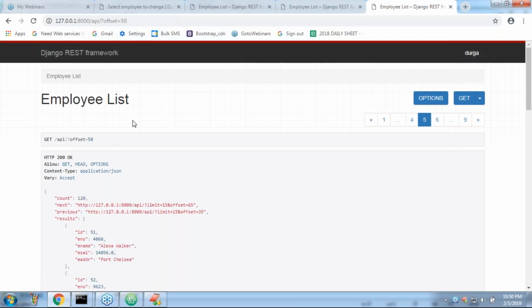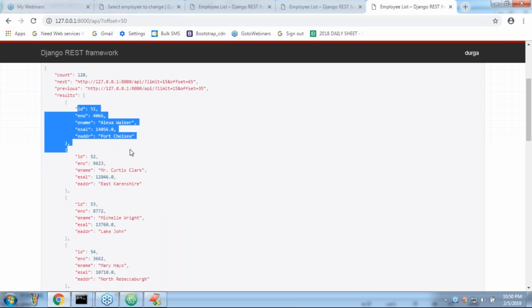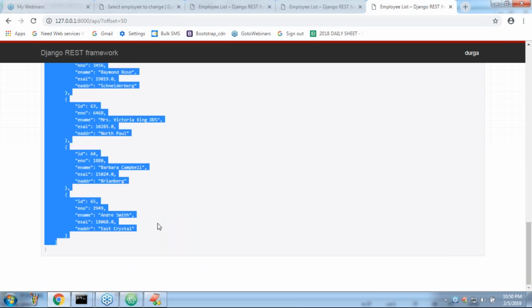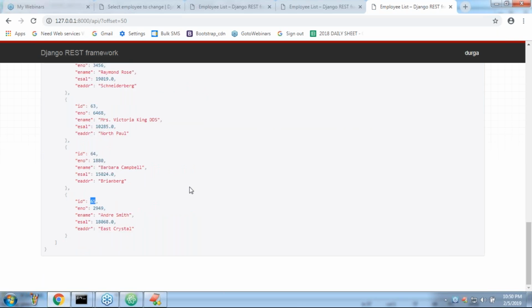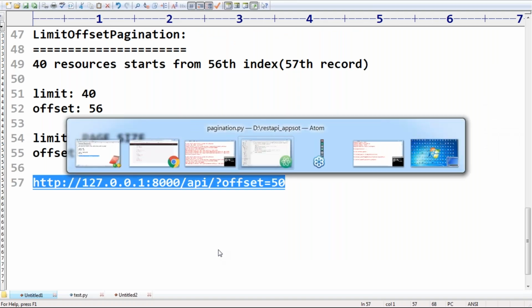51 to 65, by default we are getting. Perfect. Okay, similarly, if you want, you can customize